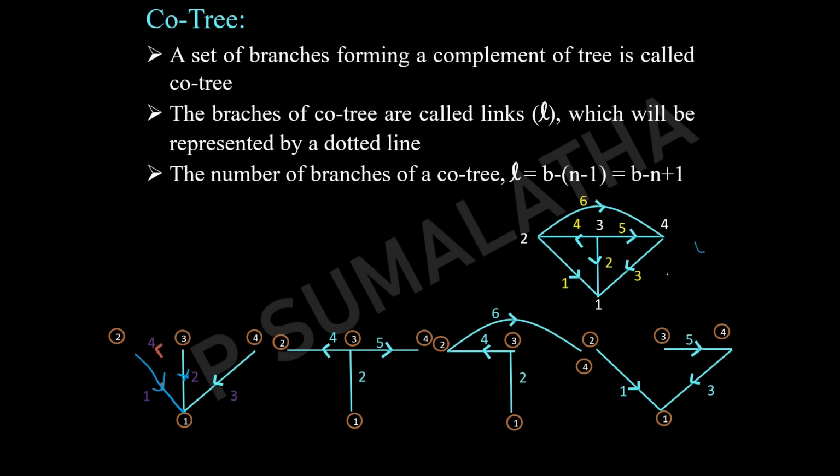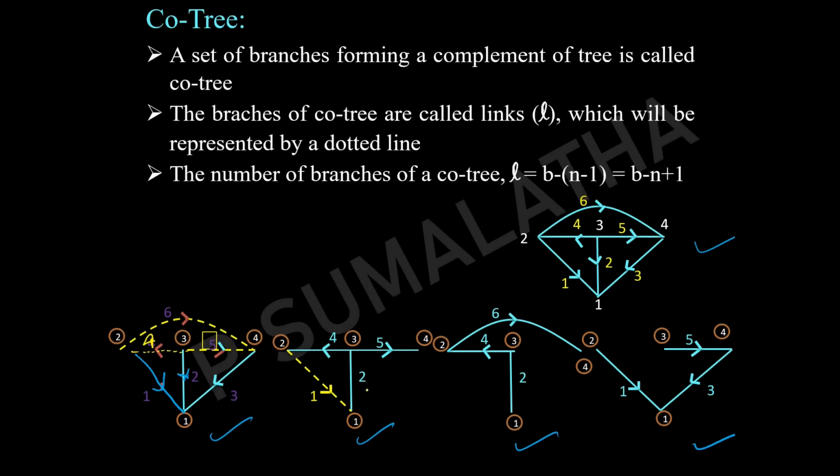If you take the graph, these are some of the possible trees that we can construct for the given graph. Now what are the links here? Except these branches, I have taken 1, 2, 3 for this graph. The remaining lines are 4, 5, 6. These 4, 5, 6 will be called the cotree. I am going to represent those lines by dotted lines. So let us consider this is the 4th line, the 5th line and the 6th transmission line.